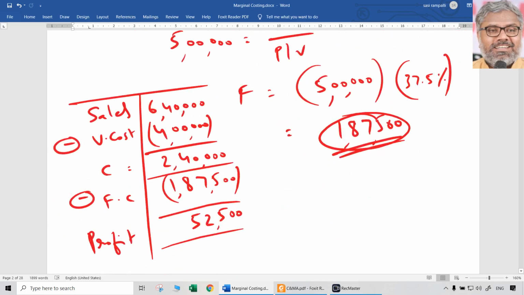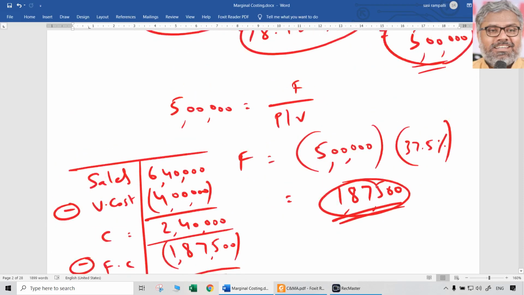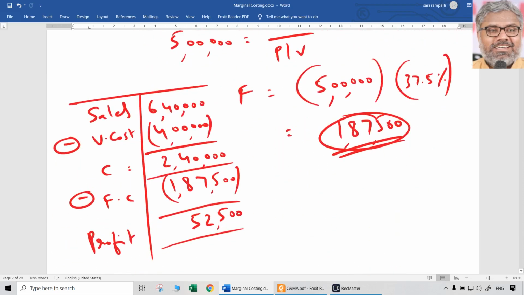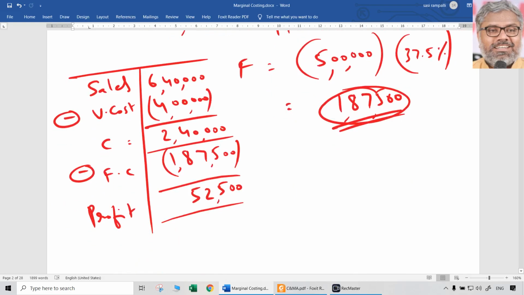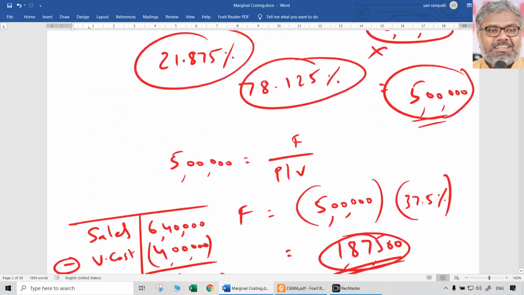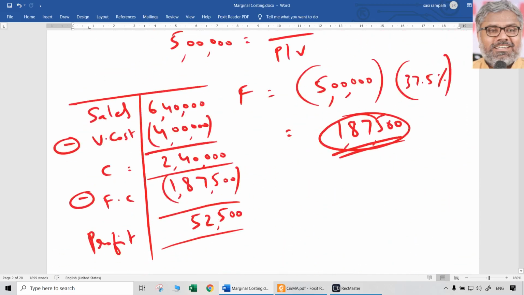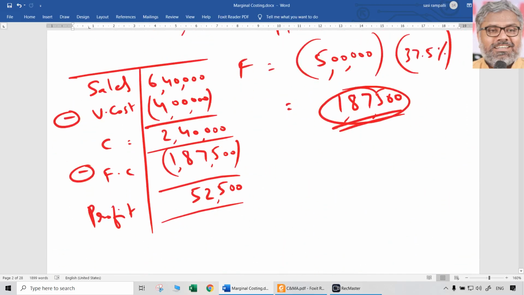You can check anyways also. What will be the break-even sales? We know that. Break-even sales are how much? 5 lakhs. Already we calculated. Naturally, when break-even sales are 5 lakhs, how much will be margin of safety? Any of them can be asked, right? Not necessarily what is given here only will be asked. Anything can be asked. So we should be able to calculate anything. So margin of safety will be naturally 1,40,000. Is it matching? Check that. 52,500 divided by 0.375 is 1,40,000. Profit by PV ratio is margin of safety.